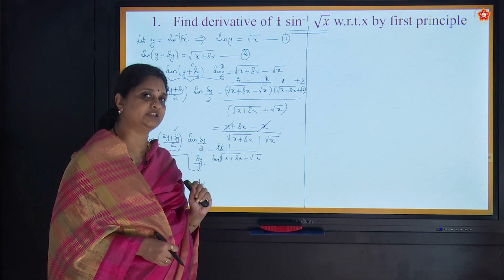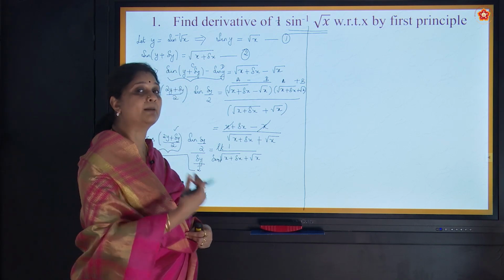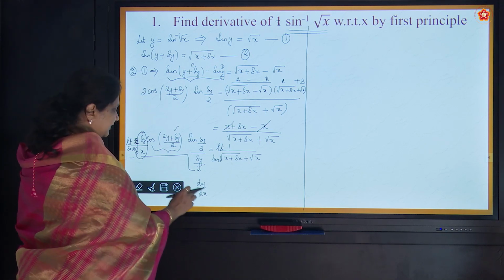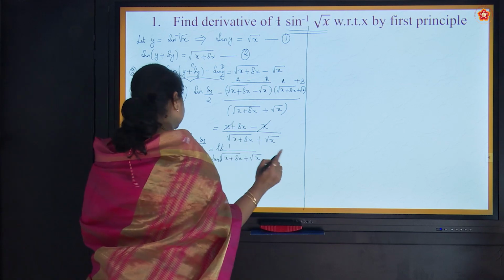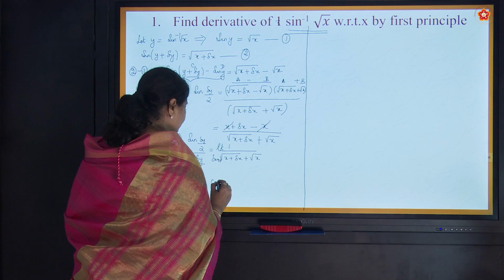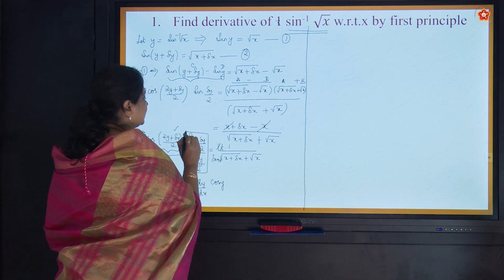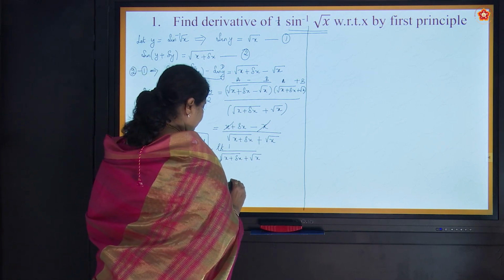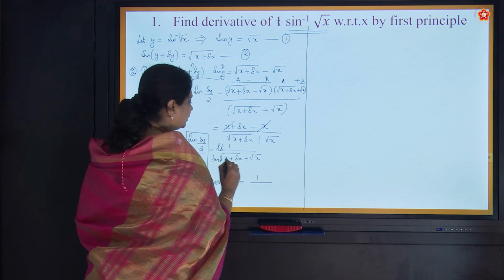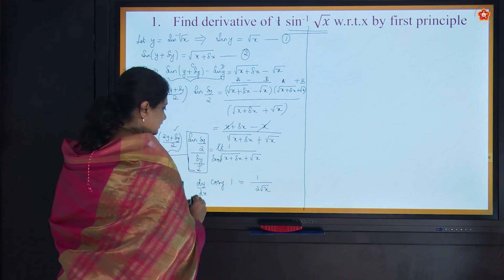Every time you watch a video, make notes of important points so that it is useful when you apply it in future questions. So now, this is dy by dx, and here you know that delta y is also tending to 0, so this becomes cos of 2y by 2, that is cos y. And then this, when delta y also tends to 0, is 1. Now delta x tends to 0, this is 0, so root x plus root x is 2 root x. So this is what I have.